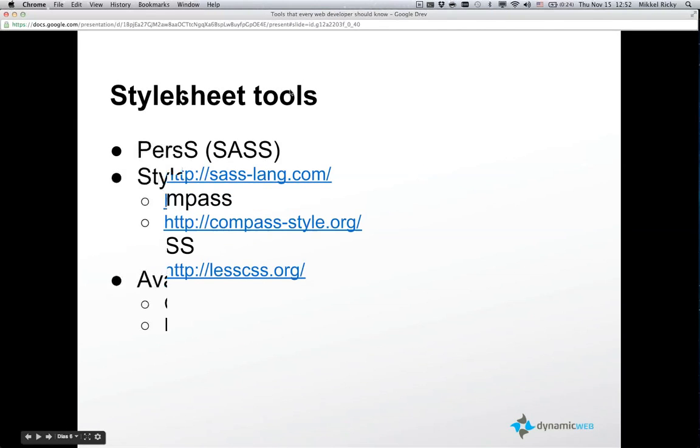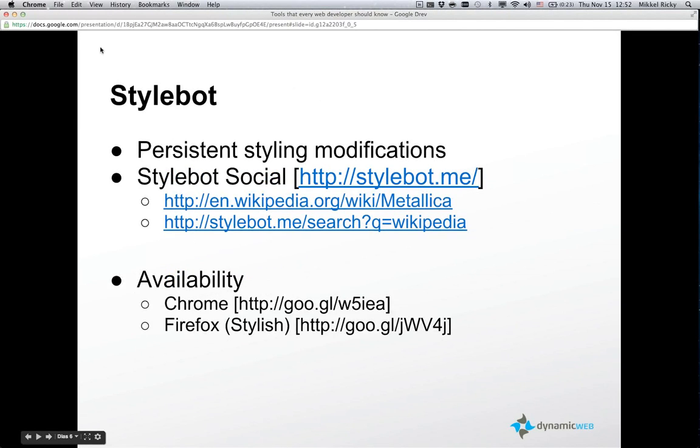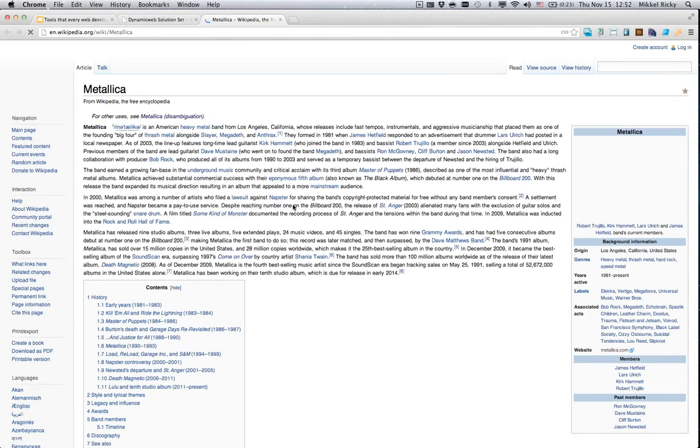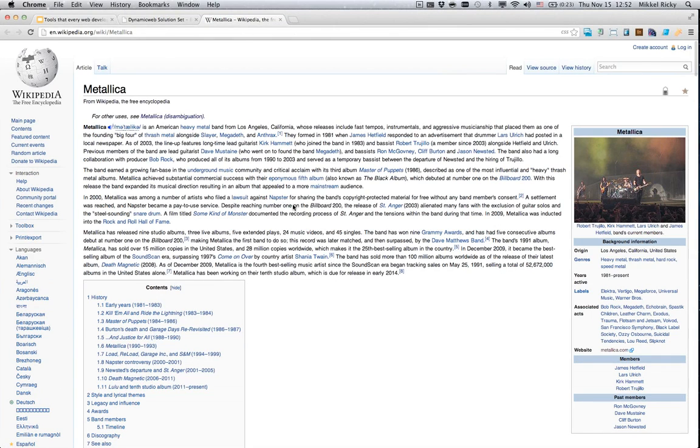And another great addition to the Stylebot is Stylebot Social. That's a forum or a social network, whatever we should call it, where people can create and share their styling. And for instance, if I have a Wikipedia article about Metallica, and open that one just to show you a Wikipedia article,